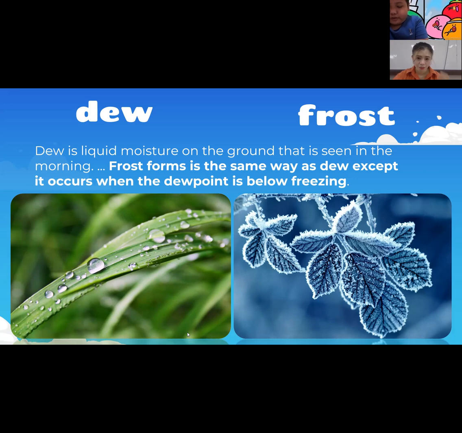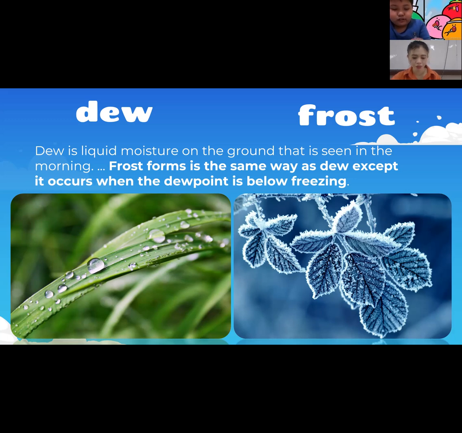Of water vapor at night when the air near the ground cools, the water vapor in it condenses into droplets on grass and leaves near the ground. Okay, thank you.